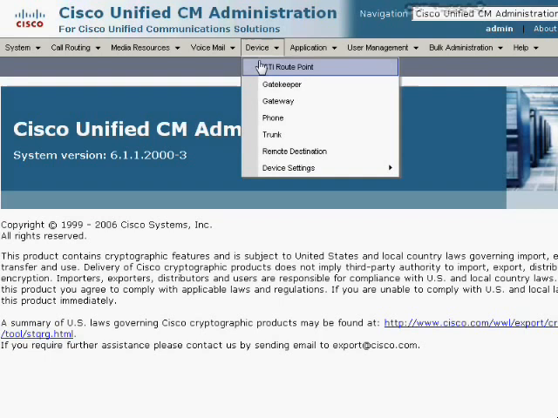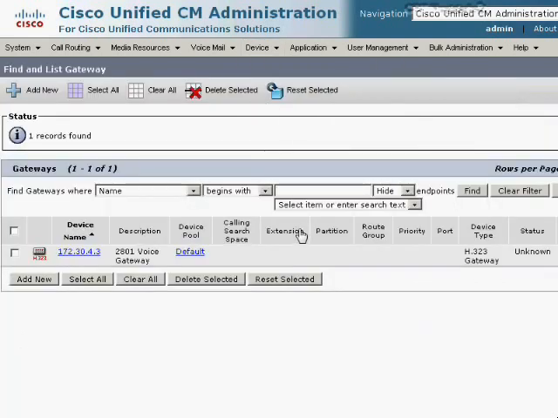I'm going to go to the device menu, shoot on down to Gateway. And it shows as of right now I've got one gateway, this H323 gateway. This is actually